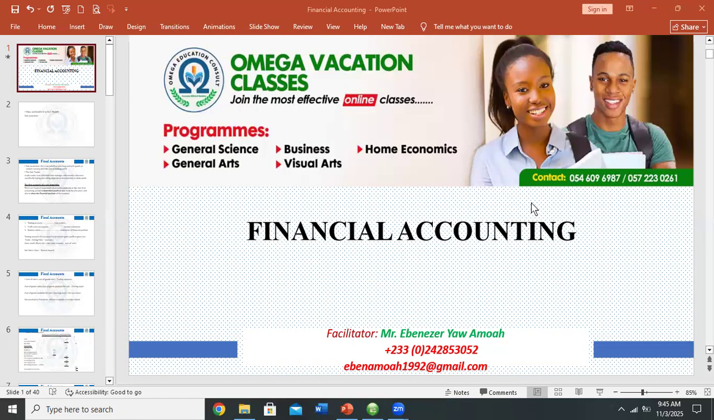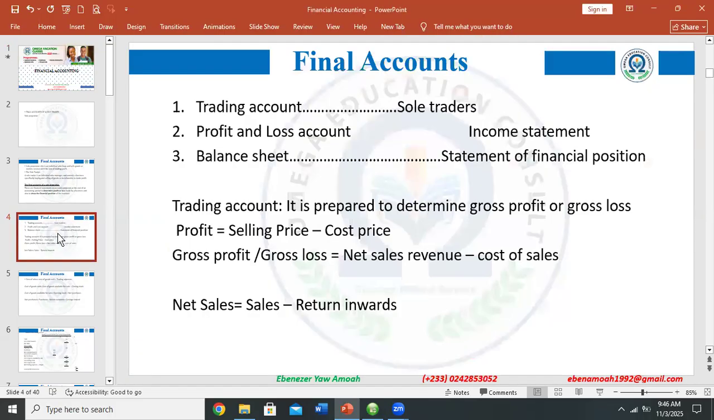Thank you very much. So today we are continuing since we've now seen the three final accounts of financial statements: trading, profit and loss, and balance sheet. Of course, you can refer to the trading and profit and loss account as the income statement and the balance sheet as the statement of financial position. I think we're looking at the trading account and we saw that this account is prepared to determine gross profit or gross loss. And what that simply means is that I want to know the profit or loss the person is making from his trading activities only,